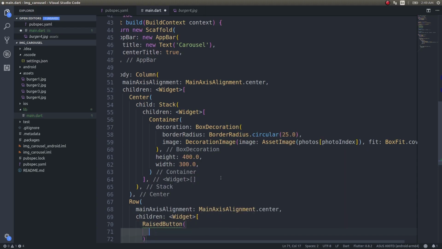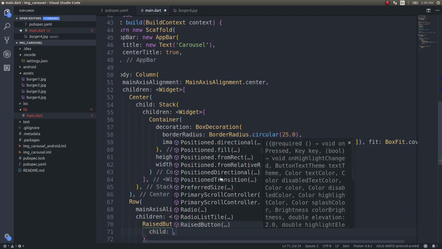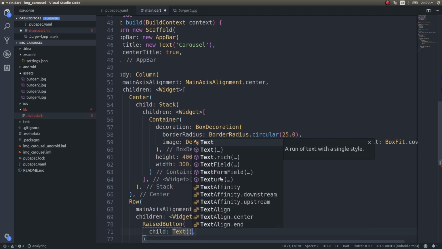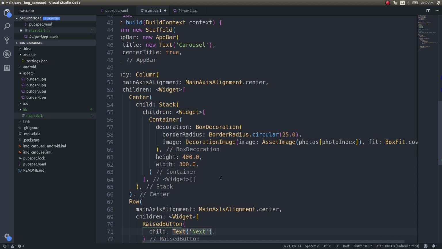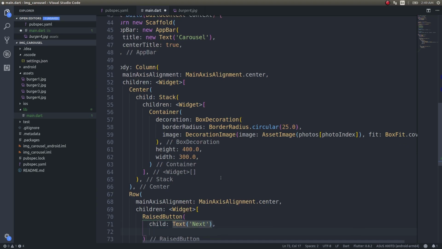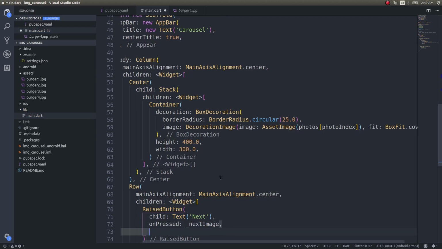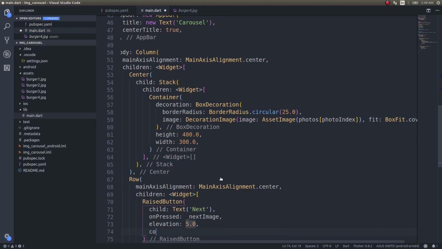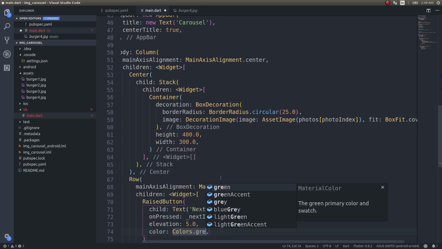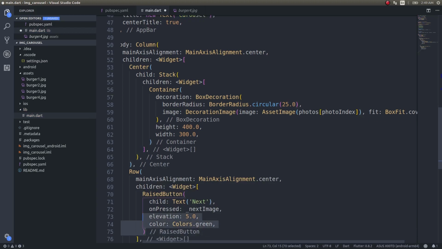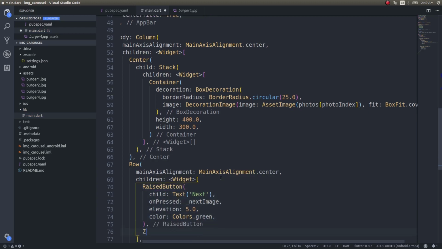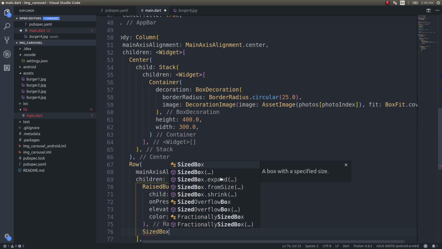I'll have a button inside this child, next, on pressed, next image, next image, elevation, color. Fine. And I'll have another raised button, but I'll have some space between these buttons, sized box with